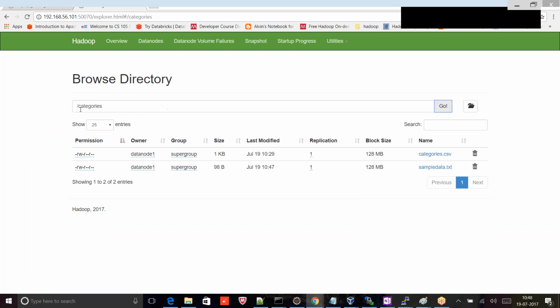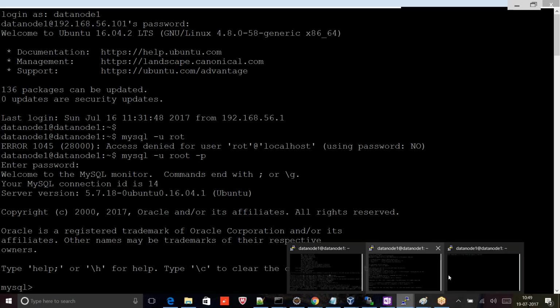We have data in this slash categories. Two files are there under categories. I'm going to drop this table. Before dropping this table,